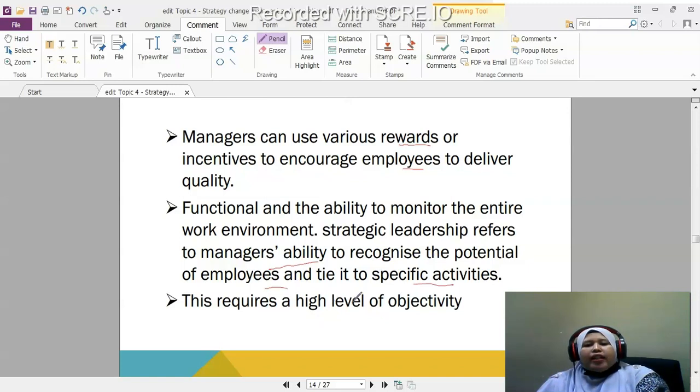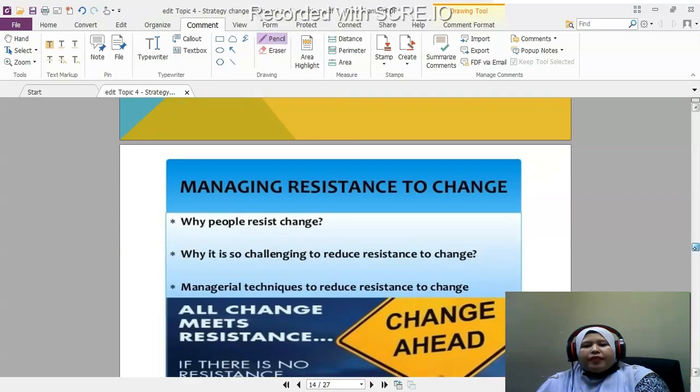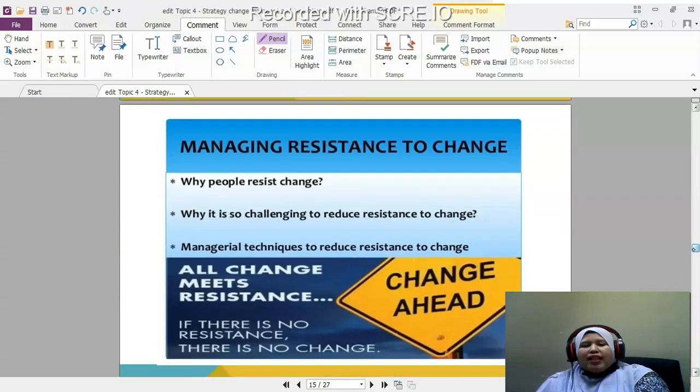This requires a high level of objectivity. So those are some of the strategic items that the management needs to have in order to do the change